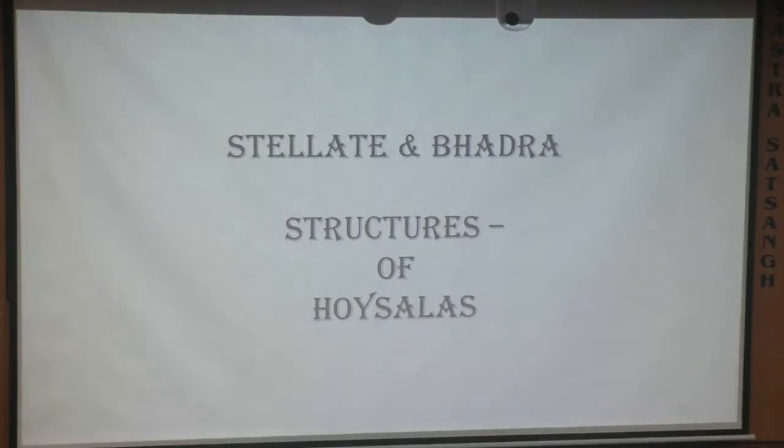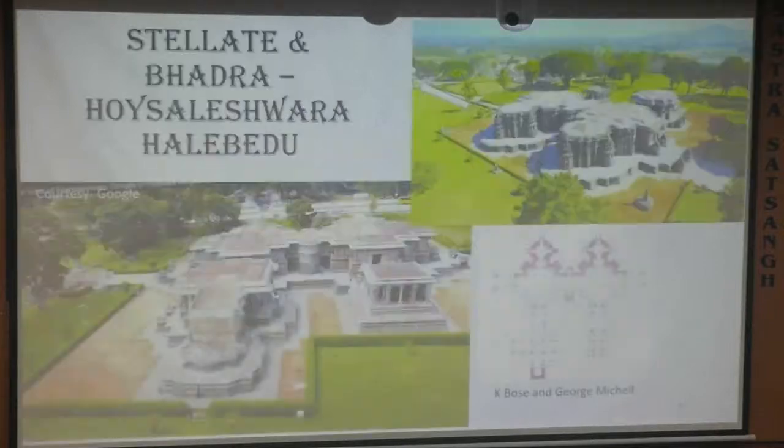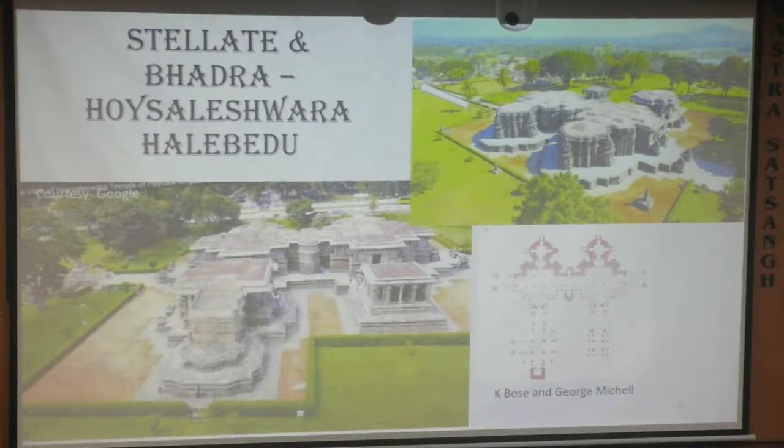Stellate and Bhadra structure of Hoysalas. Stellate is what we call the star-shaped material, how it is formed, etc. If you see, you have a beautiful drone picture of the top. Here also, same of the Halibedu. If you see on the right-hand side,